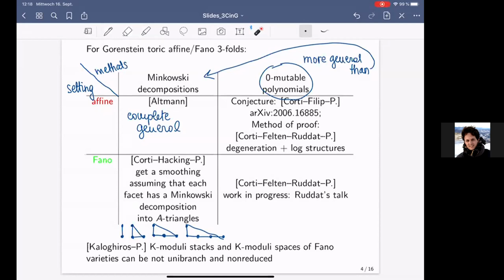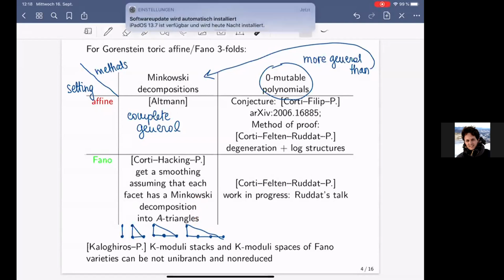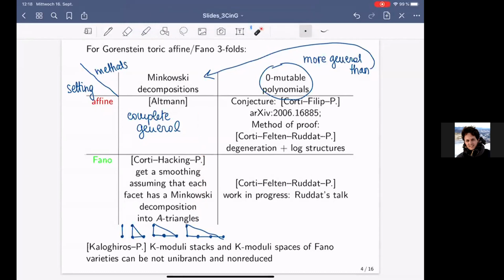And so this works for Gorenstein threefolds assuming that the summands are of this type. The problem is that this approach is not enough to consider all the Gorenstein toric Fano threefolds, for instance, and also it doesn't apply to higher